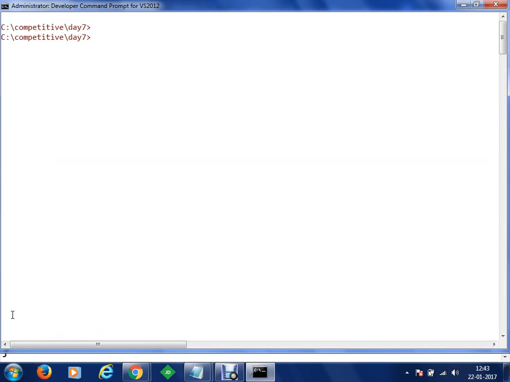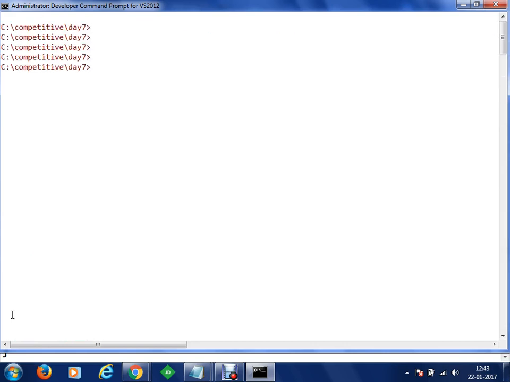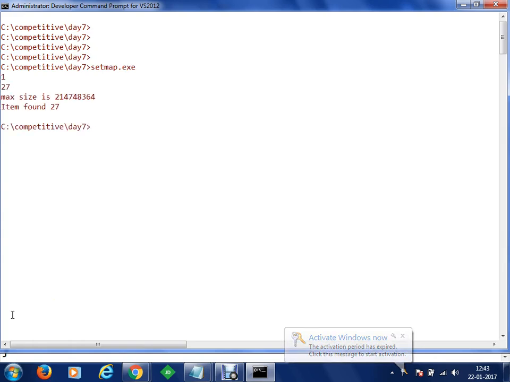So now, shouldn't search return a boolean value? Here it returns the exact value which is being returned. जो value आप find कर रहे हैं, तो अगर वो मिल जाती है तो सेम वही वैल्यू रिटर्न करेगा, अदरवाइज इट विल गिव यू सम एड्रेस और नेगेटिव. तो वैसे इसमें अभी जो लाइब्रेरी हम यूज़ कर रहे हैं एड्रेस रिटर्न करता है जनरली. So let's say we can go here setmap.exe, and you can see that item found is 27. Okay, so in case if it is found, you will get that particular value.